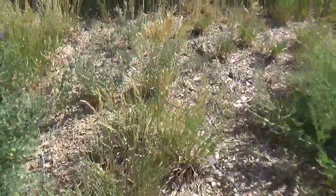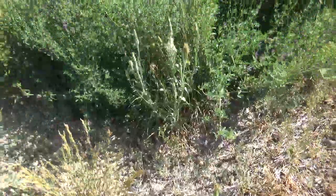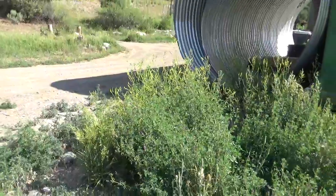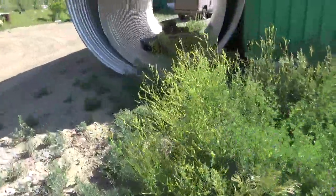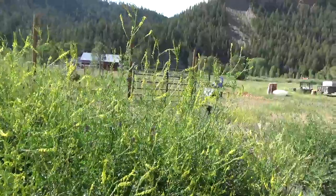There's even also food crops in here like yellow salsify, another wild edible that we'll do another show on. But today I want to talk about yellow clover and alfalfa. And if we have time, we'll get into lambsquarter. So let's start with the yellow sweet clover, one of the most important prairie plants that I think exists currently in North America. Its official scientific name is